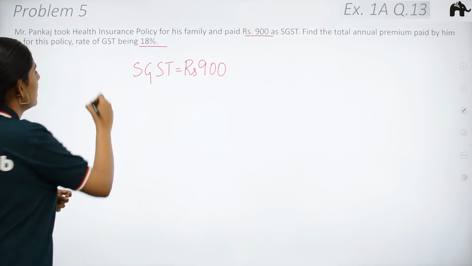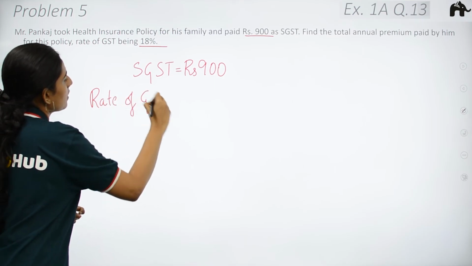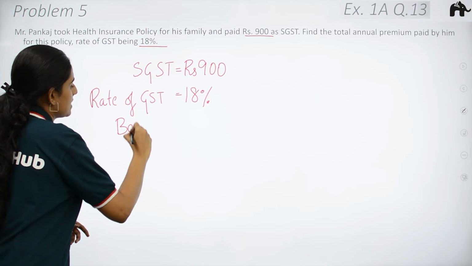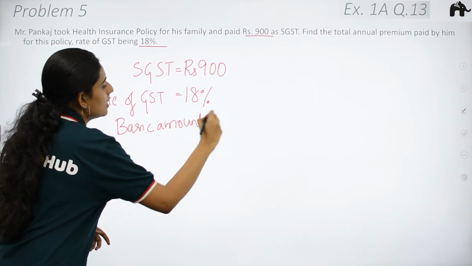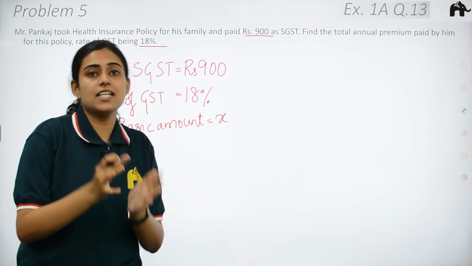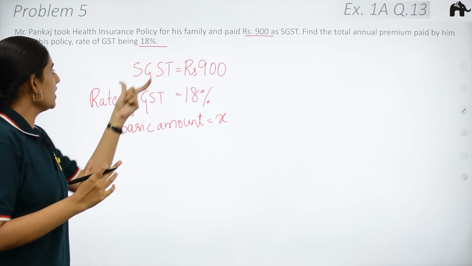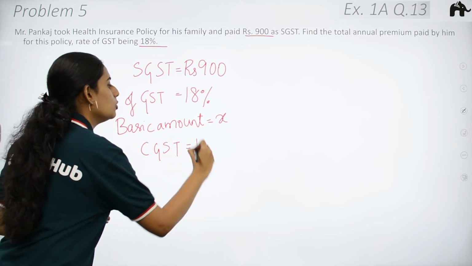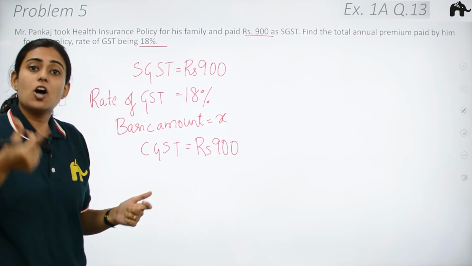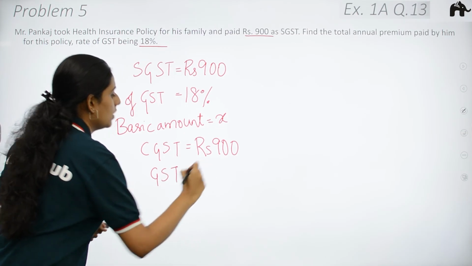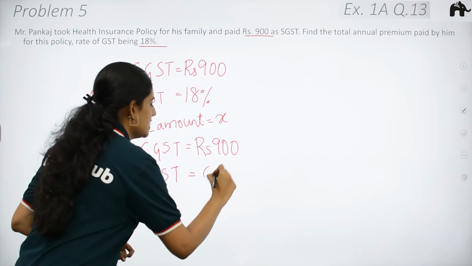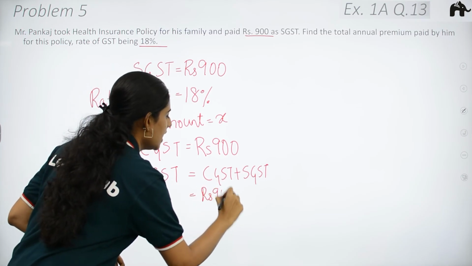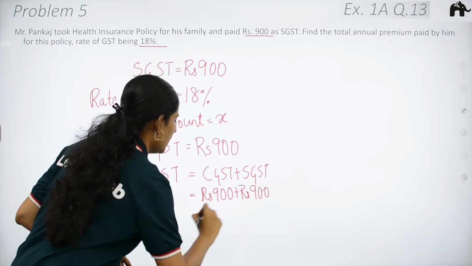What is the rate of GST here? Rate of GST is equal to 18%. We don't know the basic amount. Let's take basic amount is X. Basic amount is equal to some X, which means 18% of X is the total GST. Here we have SGST. If there is SGST, CGST also will be there. What will be the CGST? CGST should be equal to rupees 900, which means the total GST paid. GST is equal to CGST plus SGST. CGST plus SGST. That is rupees 900 plus rupees 900 equal to rupees